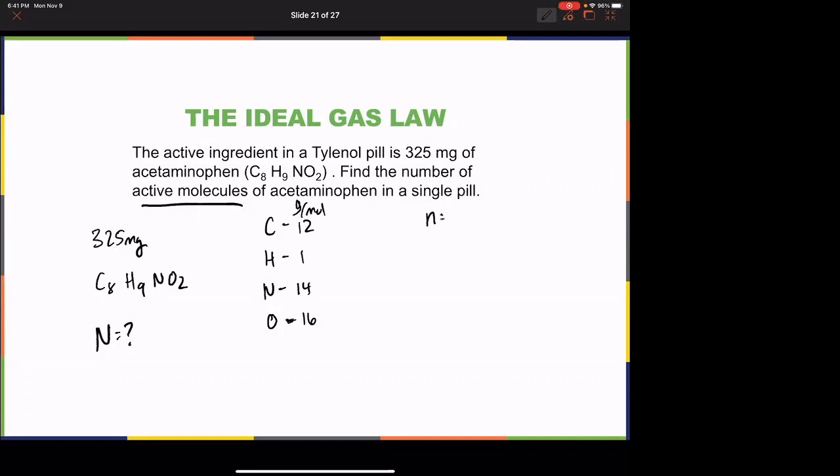So N equals 325 over 8 times 12 plus 9 times 1 plus 14 plus 2 times 16. So N equals,